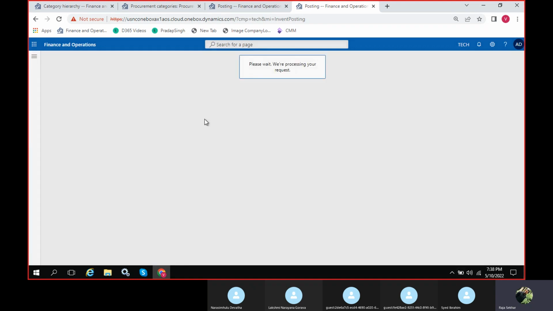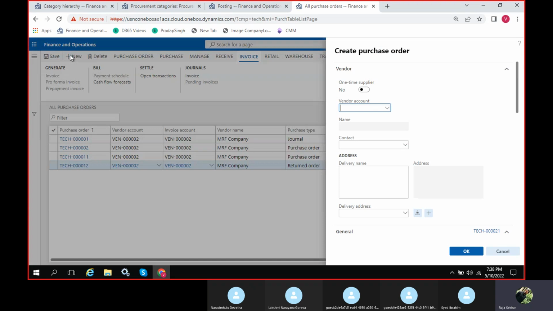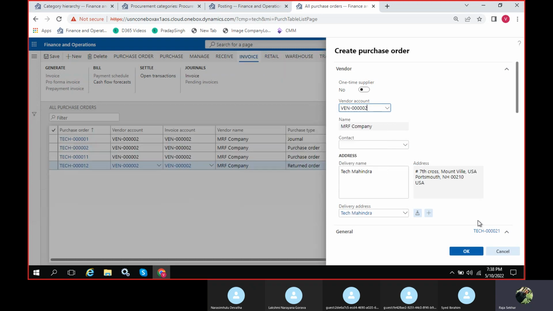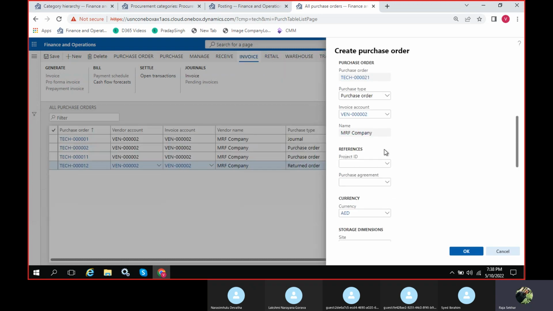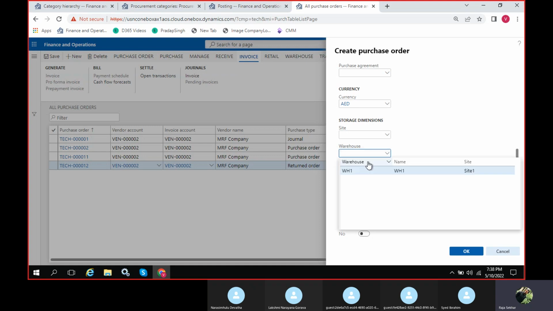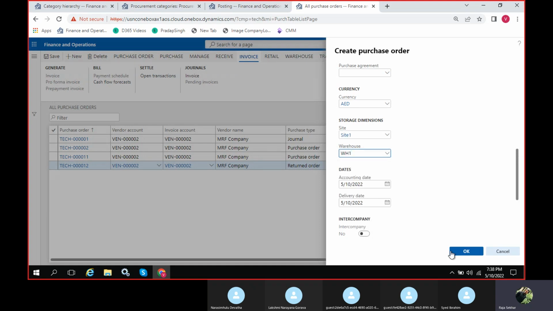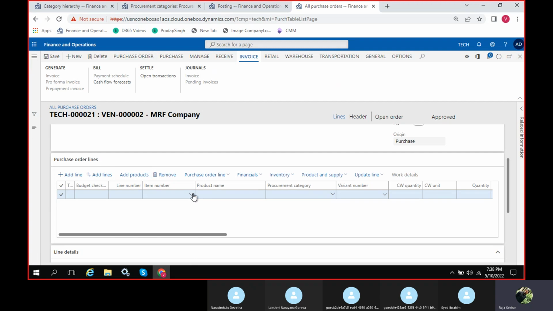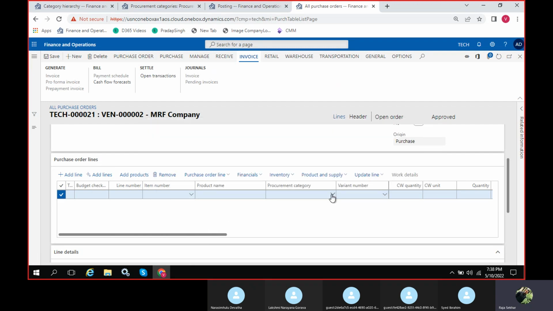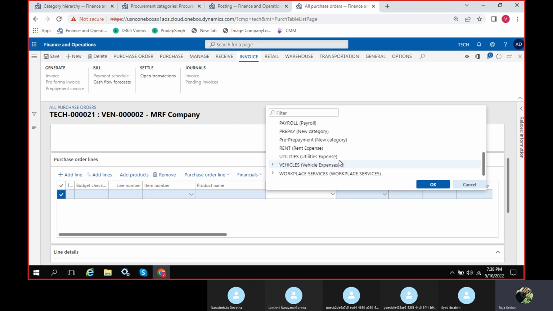Not prepayment journal, I'll make some prepayment through PO. Okay, so I don't select any of the items here directly. What I'll do, I'll directly take my procurement category.